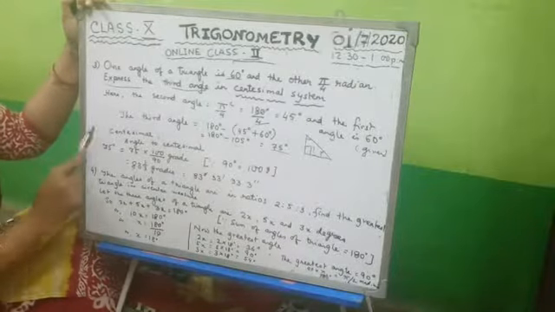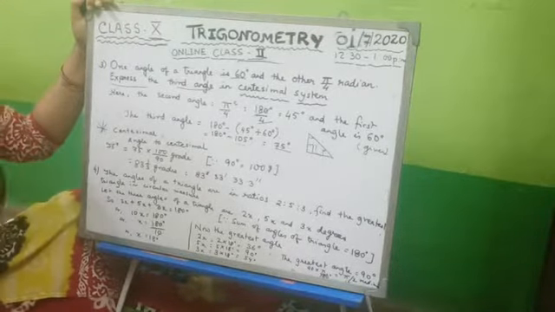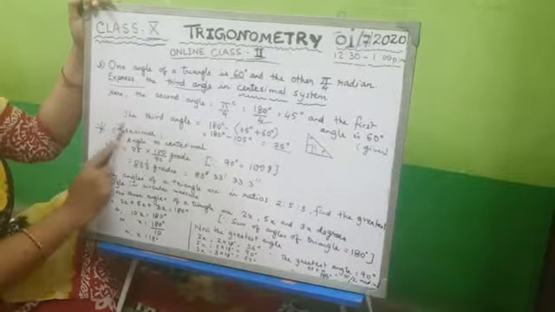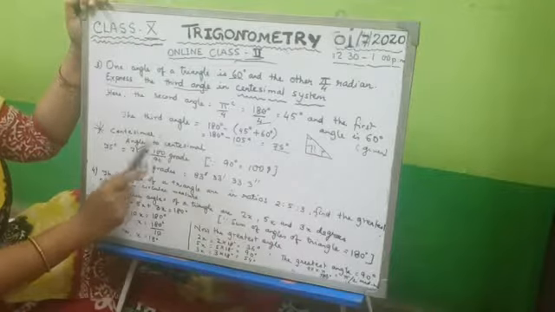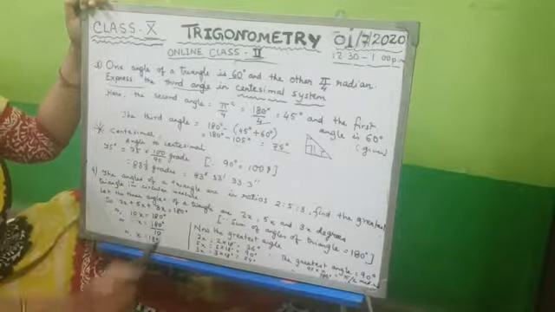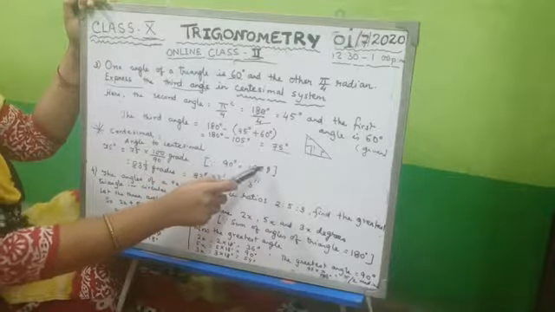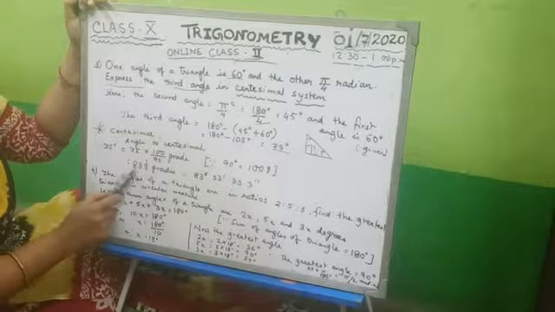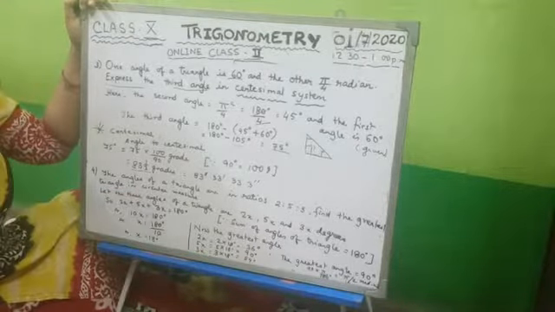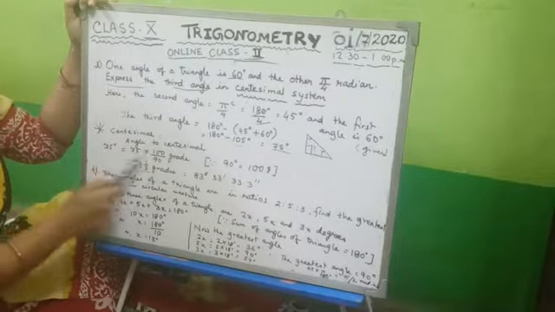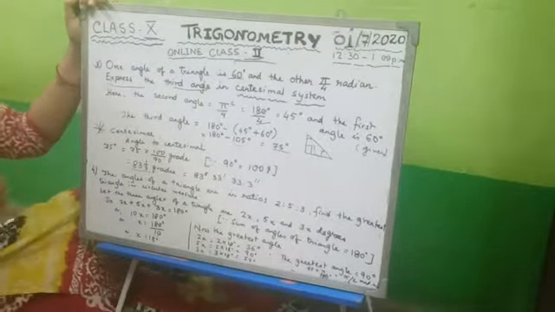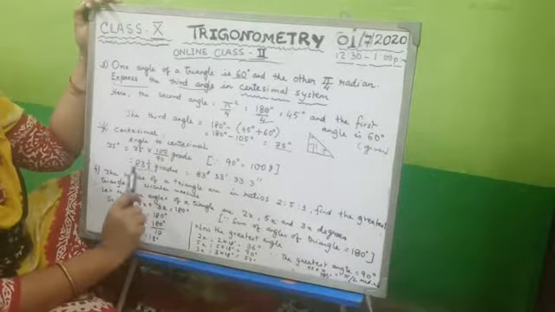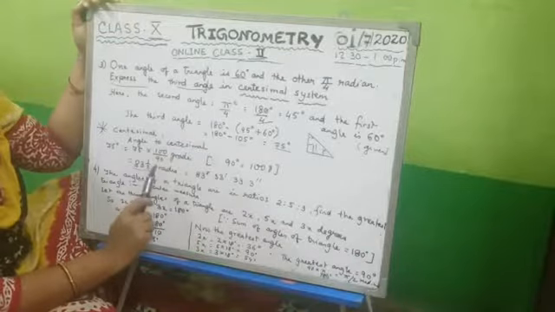centesimal system. Now we'll learn about the centesimal system. Angle to centesimal: 75 degrees is changing to centesimal grade. That means multiplied by 100 by 90 grade. 90 degrees is equal to 100 centesimal. If you cancel this, you will get 83 1/3 grades. You have to do this reduction portion in your copy and show me the working on the rough hand side. So what are you getting? 83 and 1/3 grade.